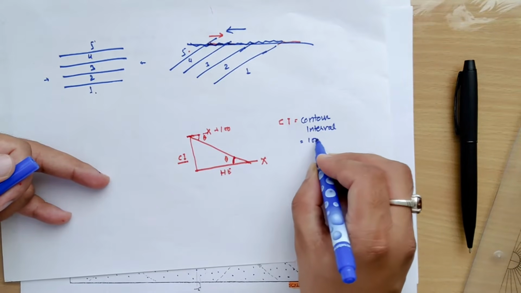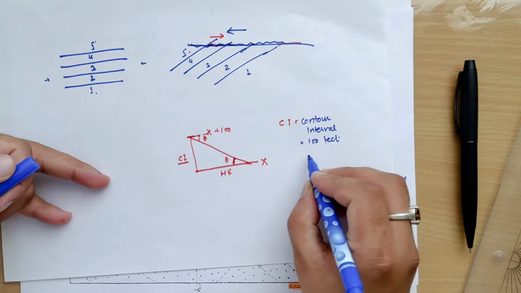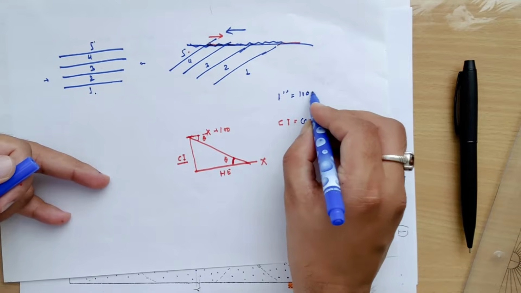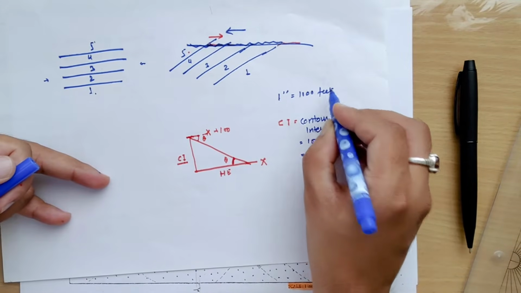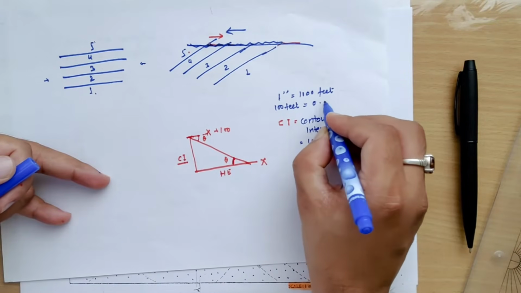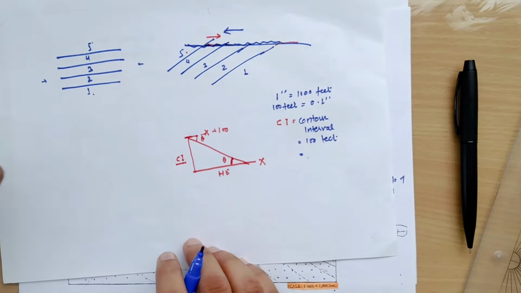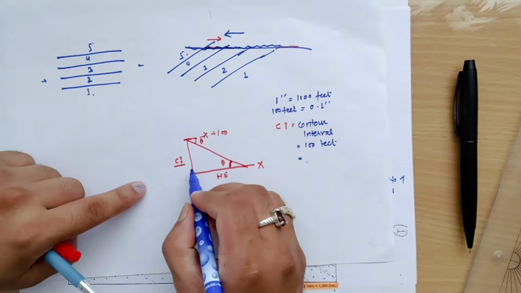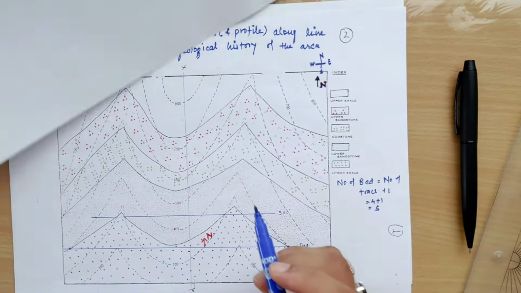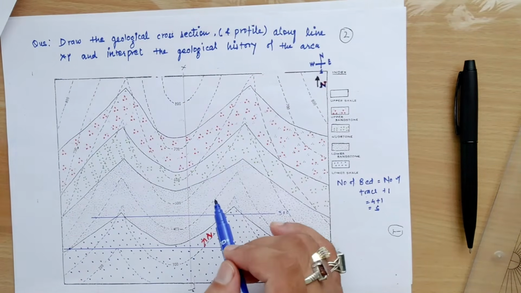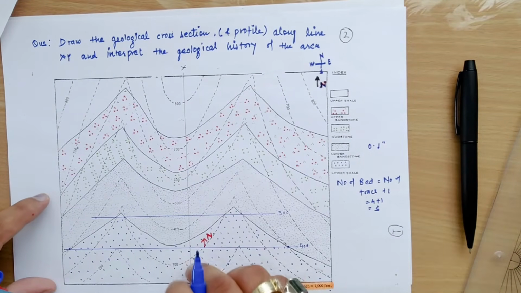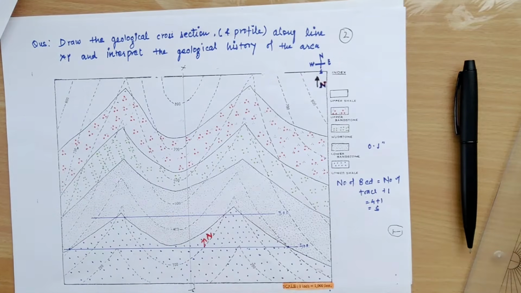This is 100 feet. That is, by scale we have 1 inch equal to 1000 feet. So 100 feet will be equal to 0.1 inches. So if we have this CI and we have HE, we can find out this angle. CI can be determined from the map. This is 0.1 inch. And we have to find out the HE in the direction in which we have to